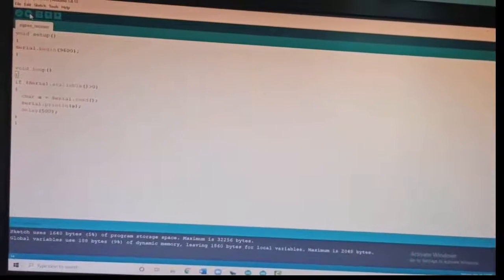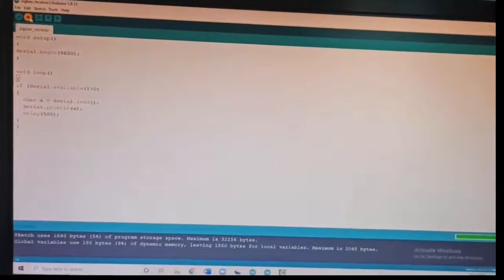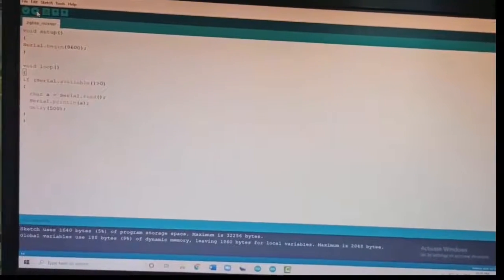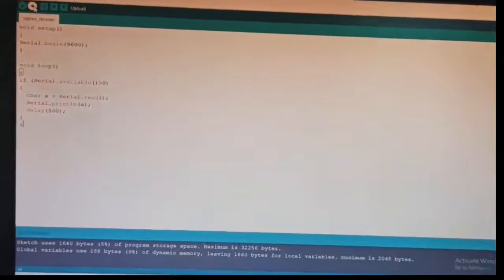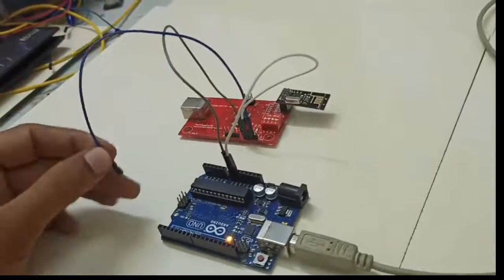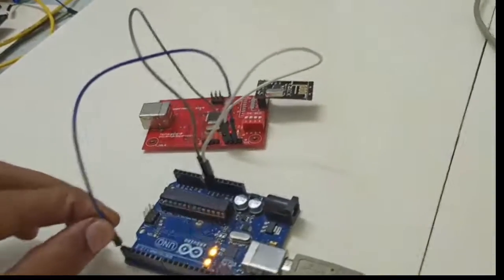Okay, I just disconnected and connected again. Now I am uploading the code again. See, it's uploaded. It will show done uploading. Then we need to connect the receiver serial data pin, and let's see.